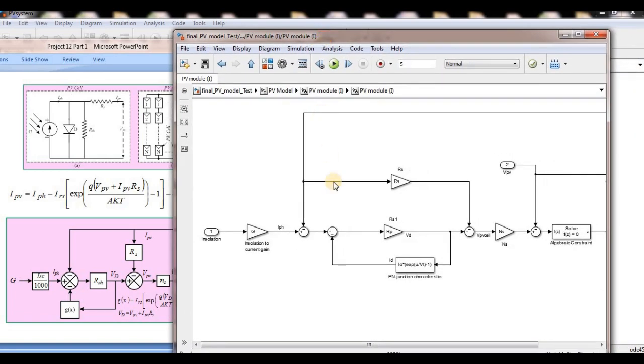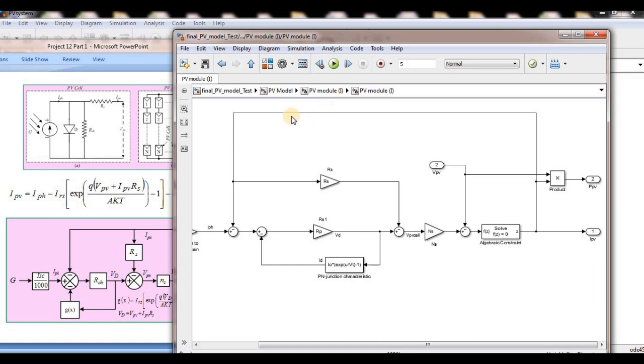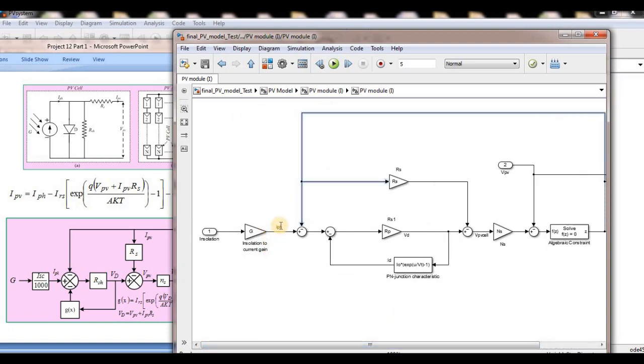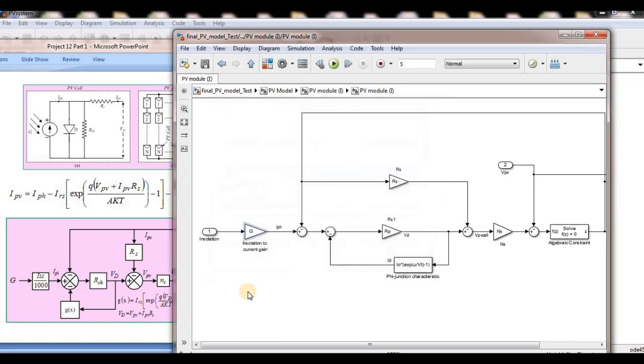I told you that I required current. This current is IPV, and this is IPH. IPH is the insolation, my irradiance, multiplied by G. Here G is taken as ISC by 1000. Don't think that this G is the irradiance.